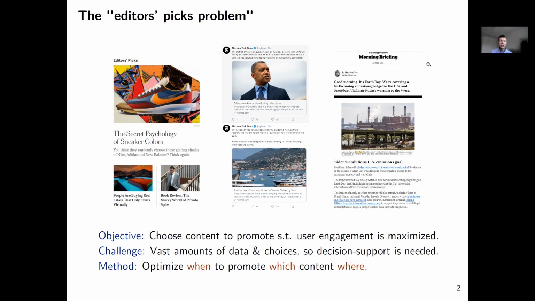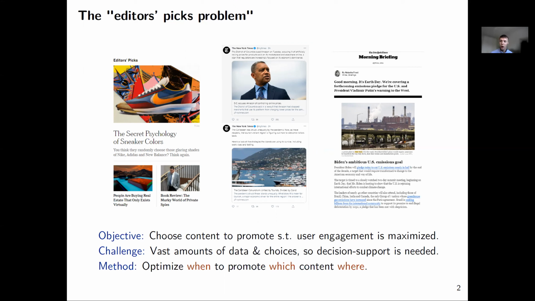This is a very challenging problem to solve from a statistical inferential point of view, because in most modern applications, the editors are facing vast amounts of data on user engagement. They have metrics: clicks, conversion rates, duration metrics, and it's not obvious on which of these features they should base their decision. Shall they promote content with many clicks, or content that readers read for a long time, and so on.